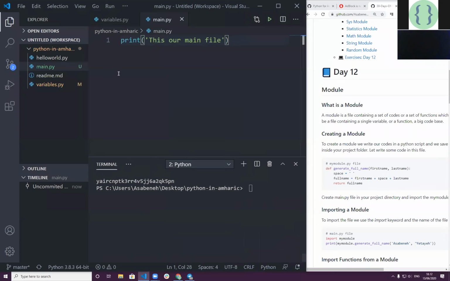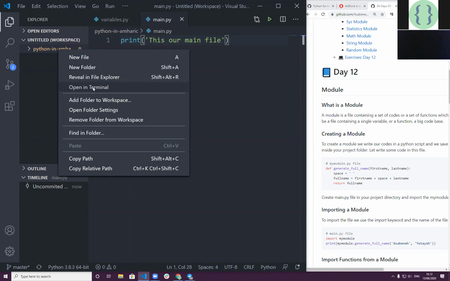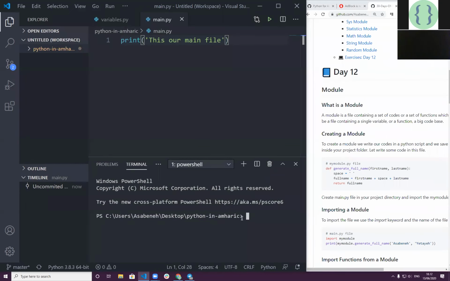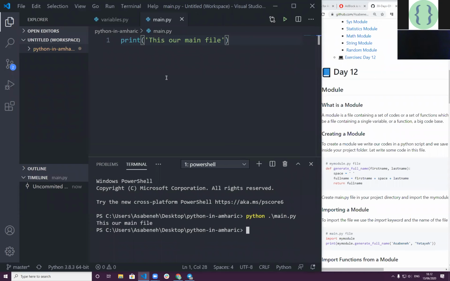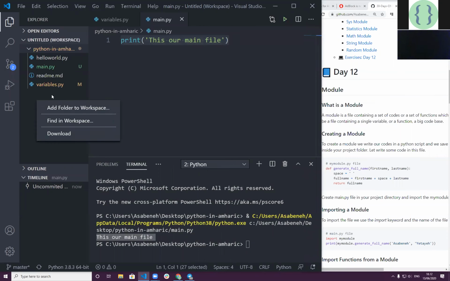ስለዚህ ያኛውን ራን ለማድረግ አሁን እዛው ተመሳሳይ ዳይሬክተሪ ላይ ስላለው ይሄንን ራሱ ዘግቼ እንደገና ልክፈተው። maybe just to show you, right click open terminal ይከፍትላችኋል። ስለዚህ python ከዛ ደግሞ name of the file main, this is our main file ብሎ ይጽፍልኛል ማለት ነው። ስለዚህ it's running. ግን ደግሞ ይሄኛው VS ኮድ ይችን ባተን ወይም ደግሞ ይችን አይከን ጨምሯል። ይሄን ክሊክ በማድረግ ቀጥታ ፋይሉን ራን ያደርግልናል ማለት ነው። ስለዚህ ይሄ እየሰራ ነው ማለት ነው። ሌላ ፋይል ቢኖርኝስ? ሌላ ፋይል እስኪ ክሬት ላድርግ።